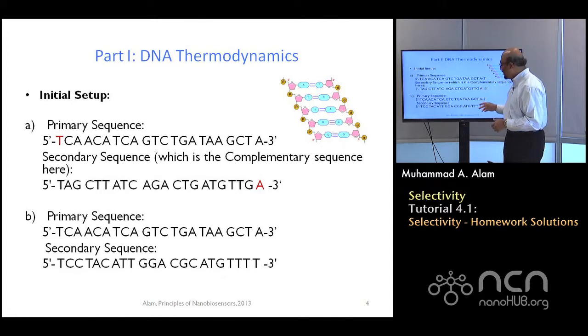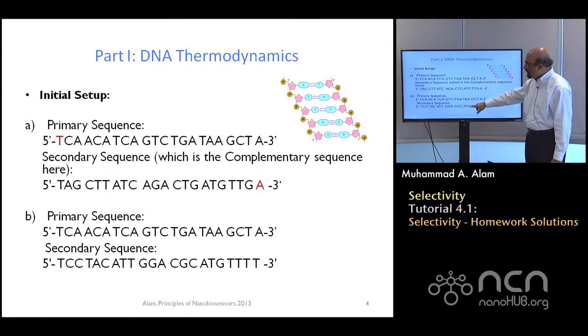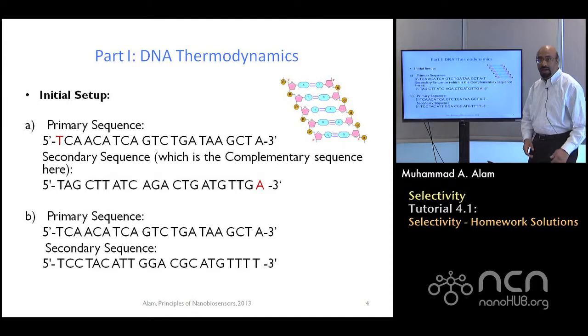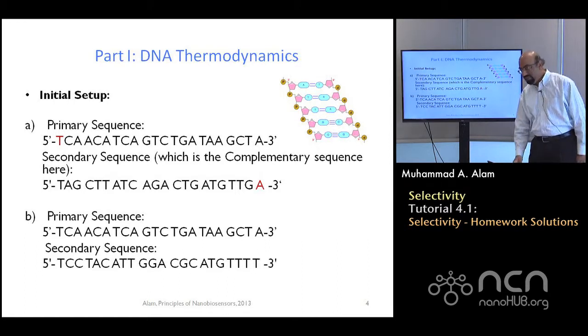And therefore, you can immediately see, as you walk down this set of letters, that it is not going to bind very strongly with the primary sequence, right? So we want to know the difference between the target, which is this sequence, versus the parasitic sequence, which is the false positive signal. And we want to see what the difference in the binding energy is. Can we selectively bind with each other? So that's the question.